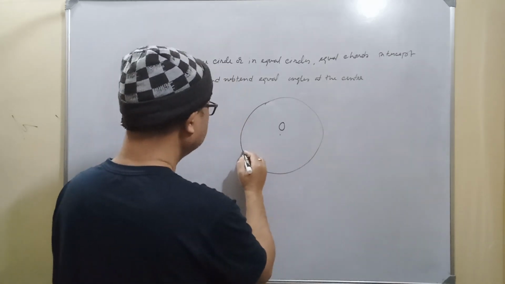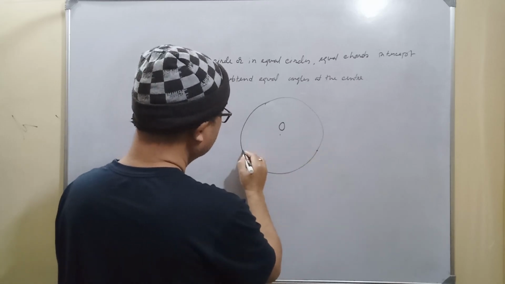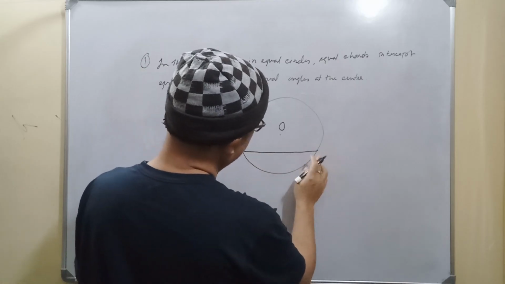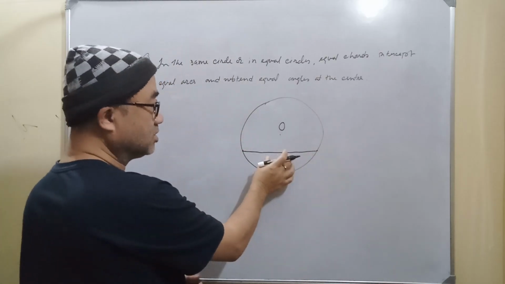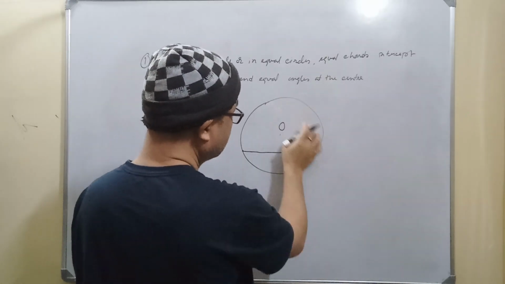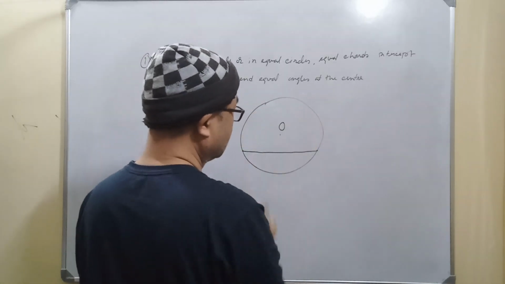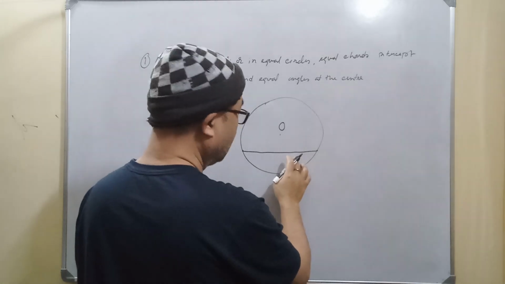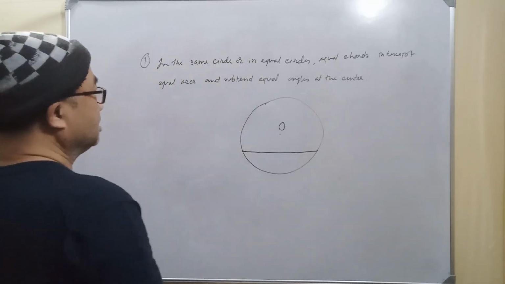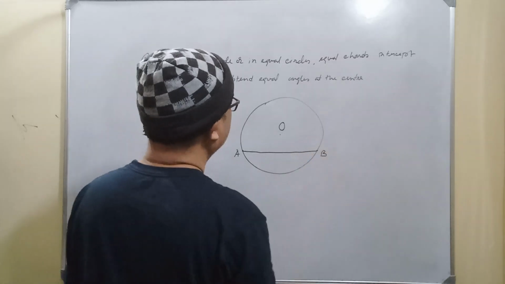What is a chord of a circle? It is a line joining one point on the circumference to another point on the circumference, and it is not the diameter. If a line joins any two points on the circumference and the line is not the diameter, so it is a chord. So this is a chord. Suppose we give it a name AB,